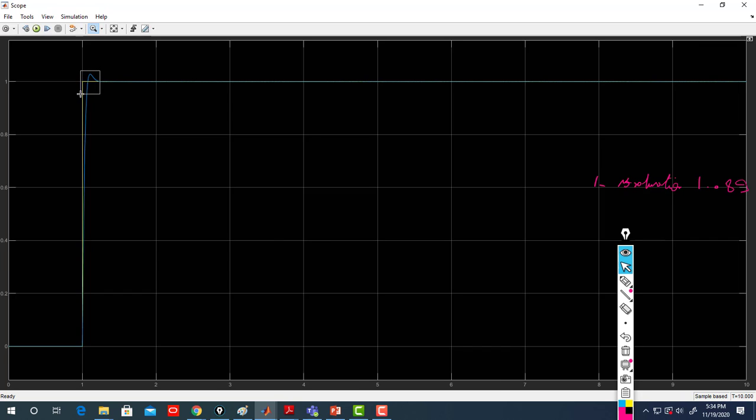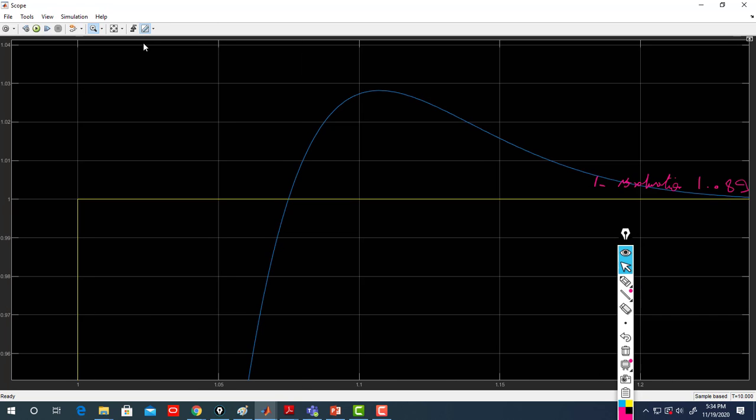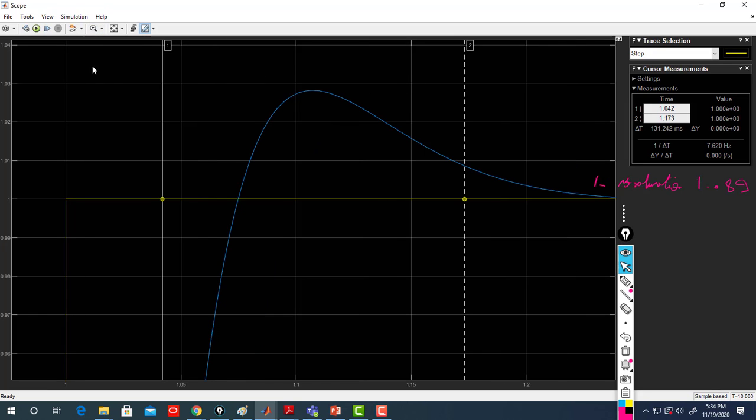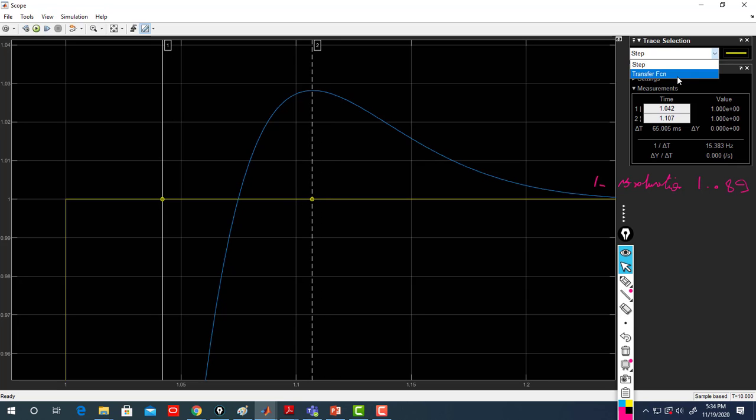So still have overshoot. My cursor moving to here. So not the yellow, it is the blue. So in case of saturation, I introduce a saturation block, then 1.028 overshoot. So taking the saturation block, I just put a saturation on the actuator, so it will reduce the